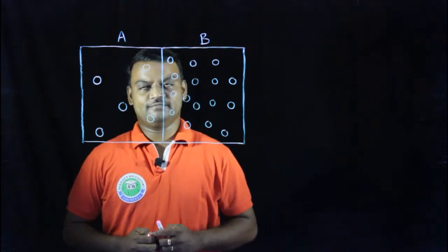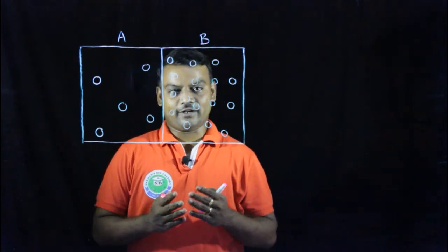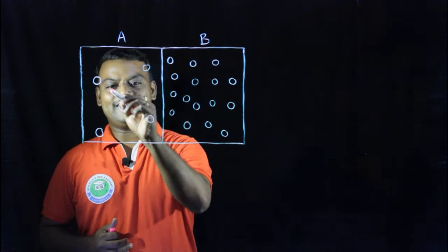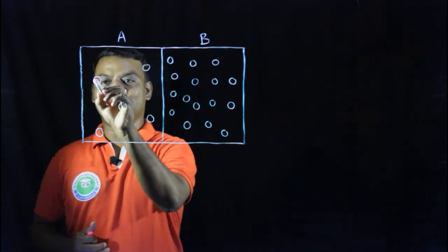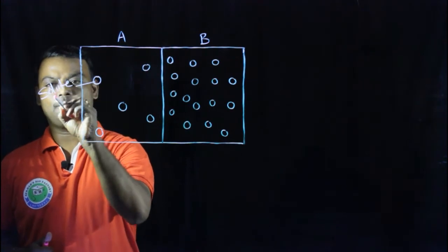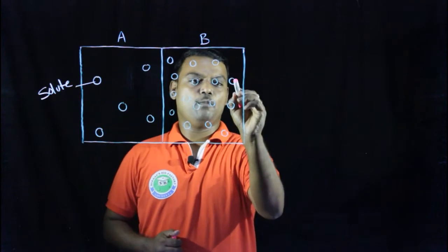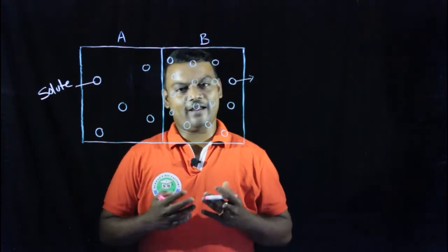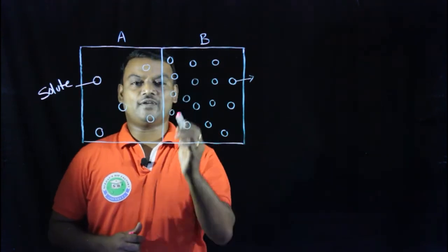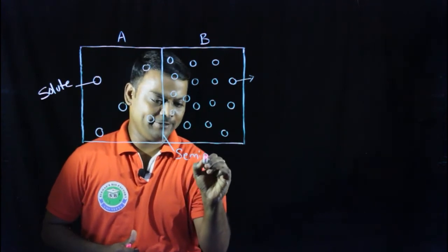In such condition, in both chamber A and chamber B, when we take water, at this time in chamber A, fewer solute particles are added. These are solute particles. At the same time, in chamber B, more solute particles are added. In such conditions, when both these chambers are separated by a semi-permeable membrane,